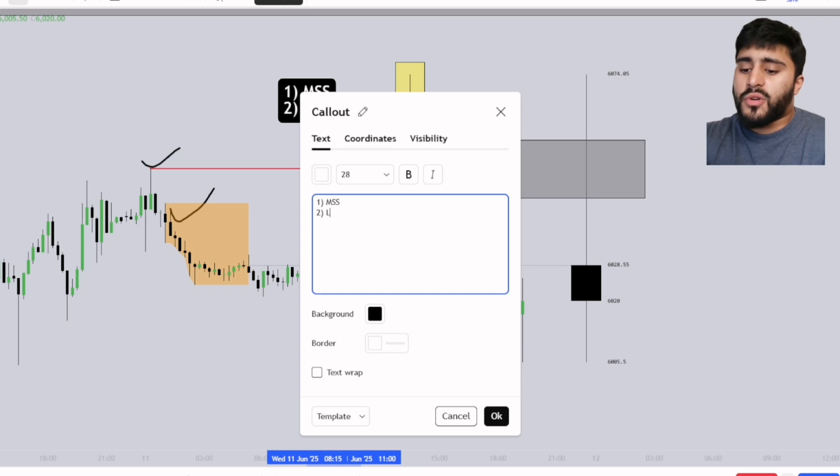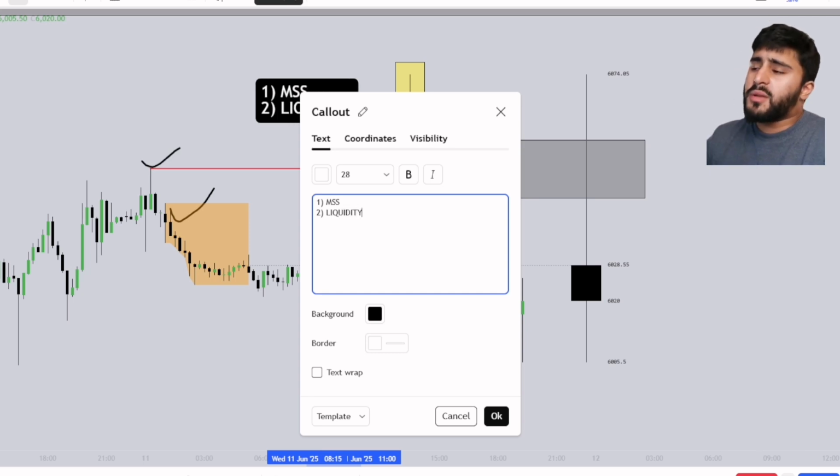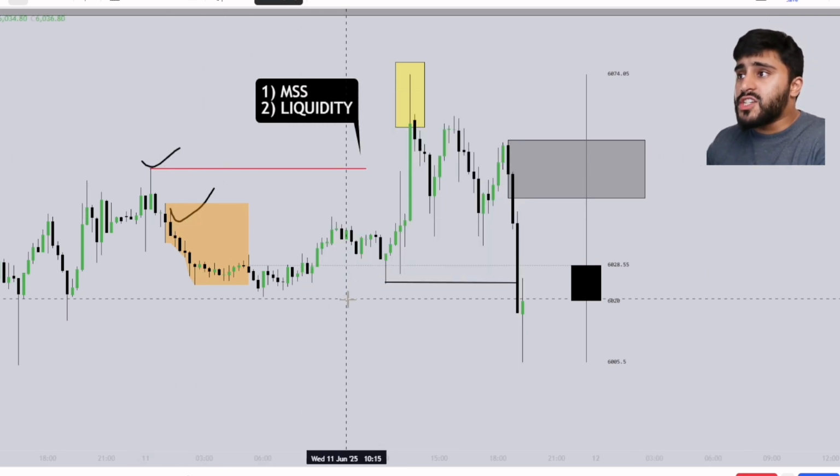The next thing you want to see is a sweep of liquidity, right? So what do I mean by a sweep of liquidity? Typically it's Asia, but my favorite liquidity sweeps are those previous day highs and lows. So if you trade the S&P 500 in the New York session, or you trade the Nasdaq, NQ, even the Forex markets, London and particularly New York session during the news events are more likely to give you those